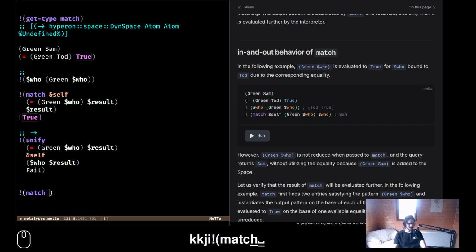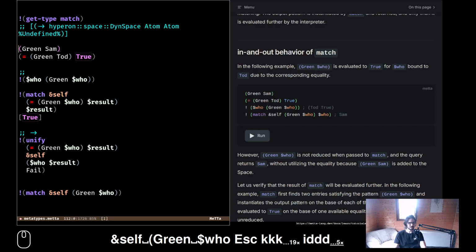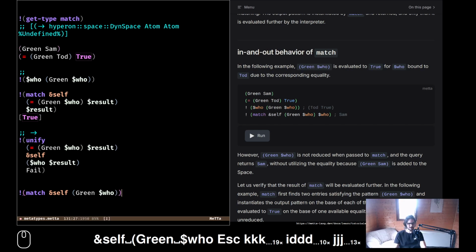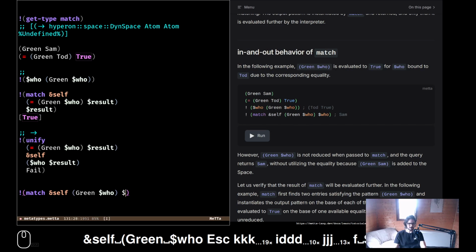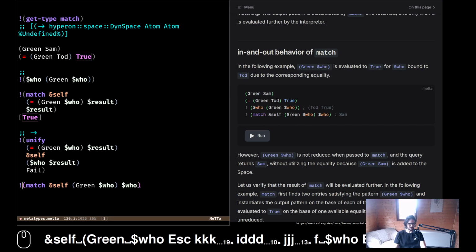Okay, so now the other thing where we get Sam, that is when I say match self green who, so this would match this part. And then I say dollar who, yeah, this would just be Sam.